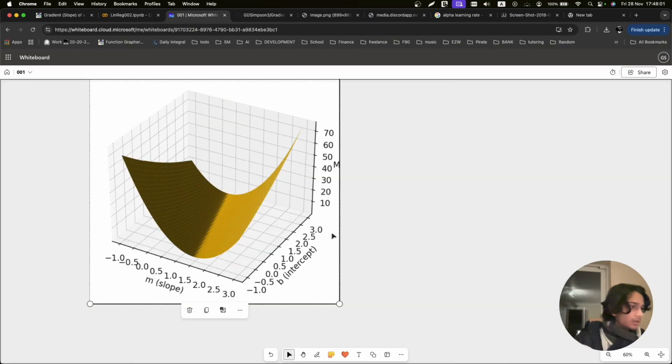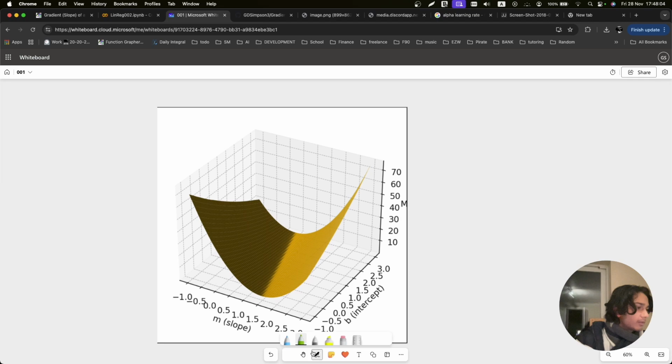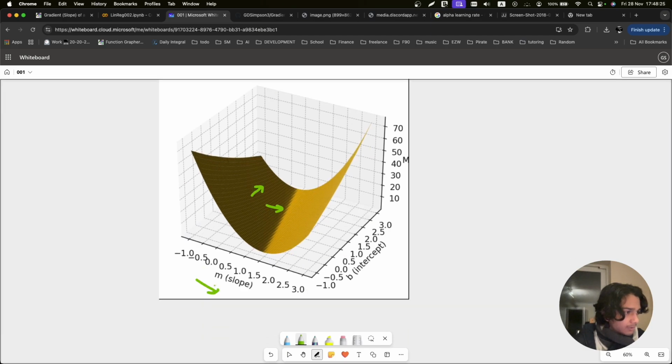Let's make that a bit small, actually. Okay, like this. So if we look at what happens with the gradient, there's an m gradient, the slope, and a b gradient. So we can go this way, straight, or we can go this way. This way is the slope way, and going this way would be our b intercept way. So the partial derivatives look at the gradient in this direction while treating b as